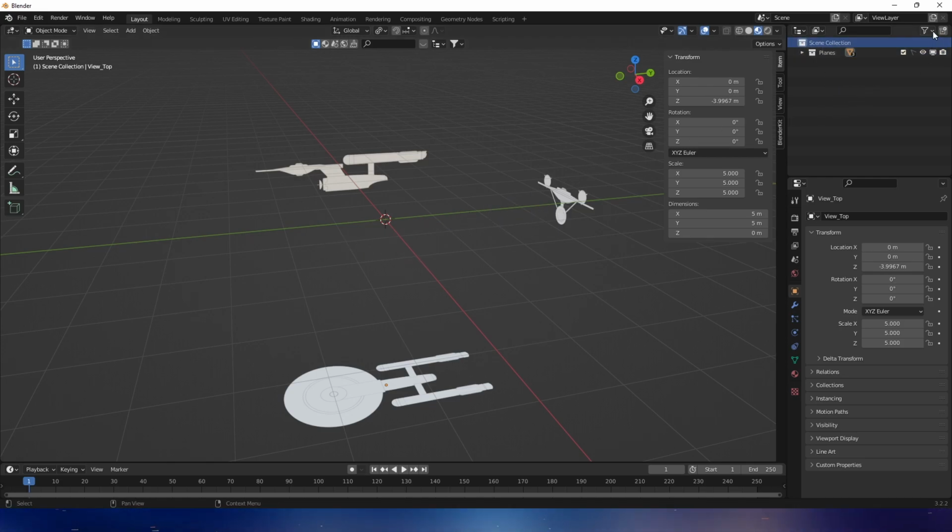I'm going to select scene selection and go and create a new collection. We're going to make this